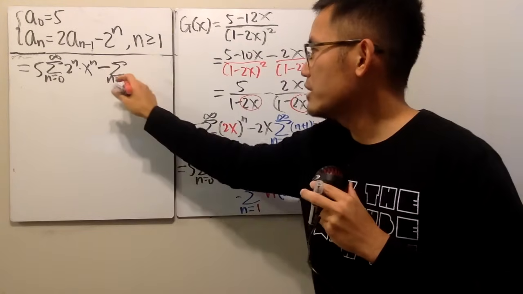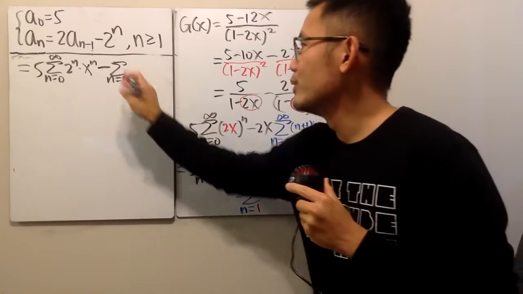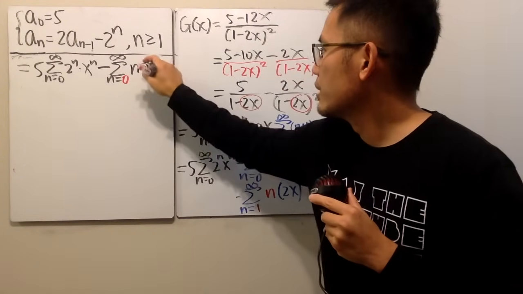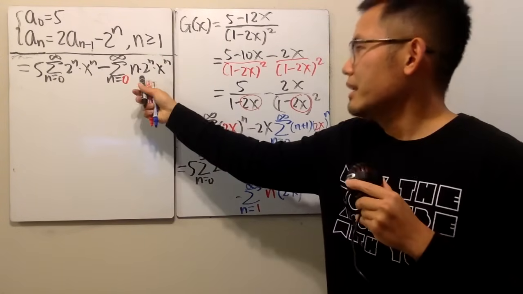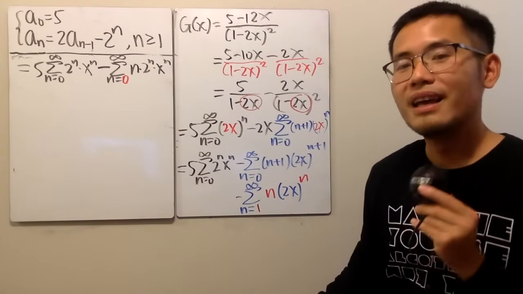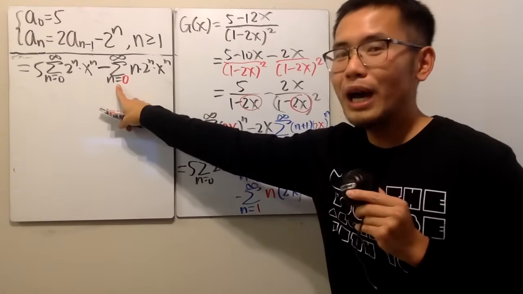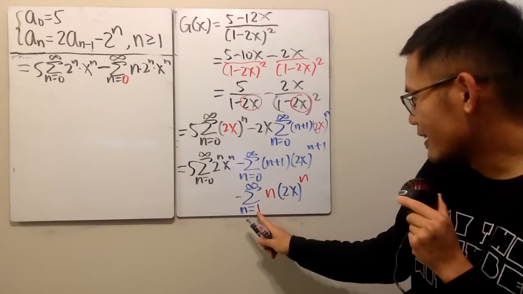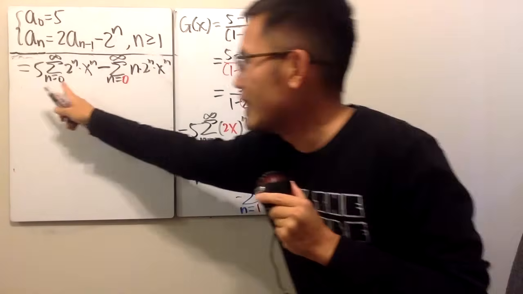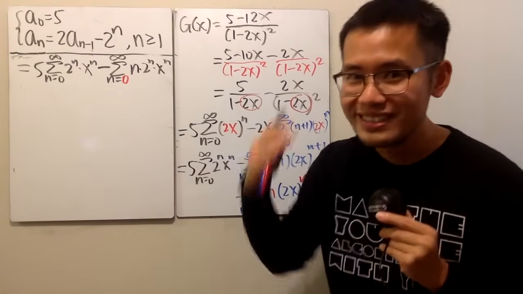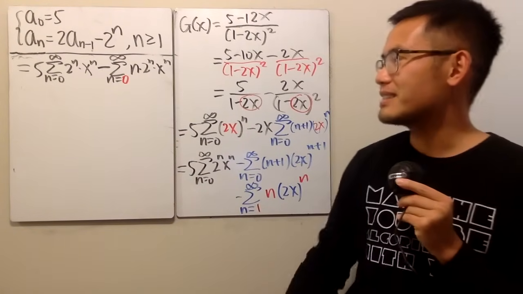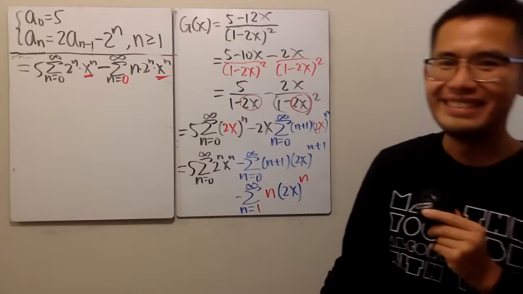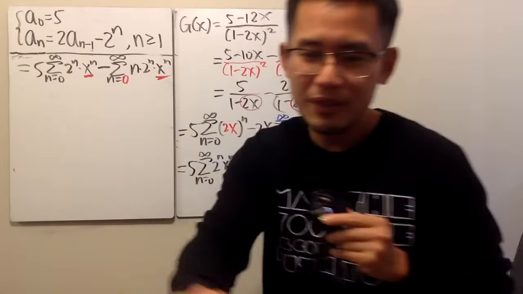Can I legitimately change this to n starting with 0 and then to infinity, and now copy down the rest? n times perhaps already as 2 to the n times x to the n. Is this the same as that? Yes. Why? Because when you have n equal to 0, you put it here, that's just 0. It does not matter. So this right here, you can just change that to 0, and now you see the summations are both going from 0 to infinity, which is very, very nice. And better yet, both of them have x to the nth power. Oh my goodness. Now, finally,